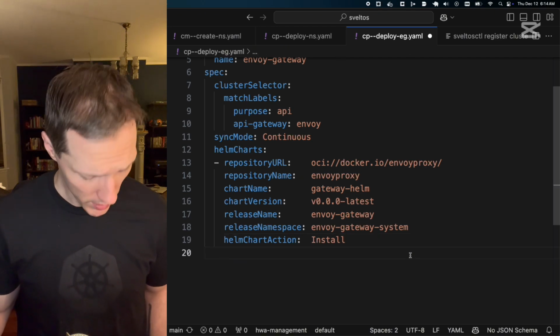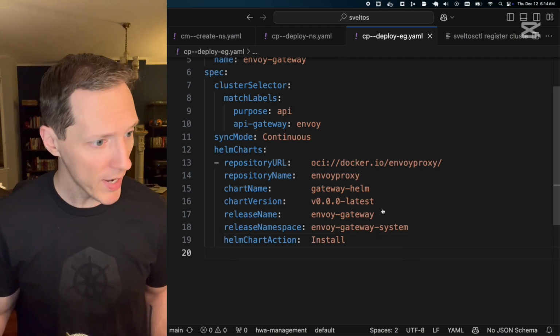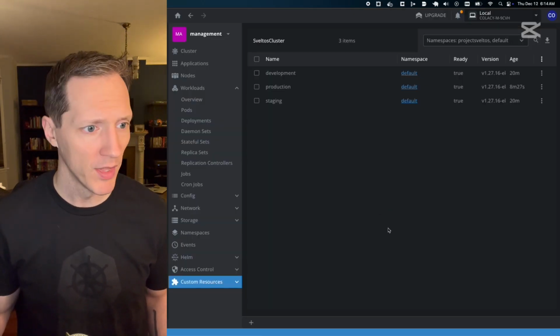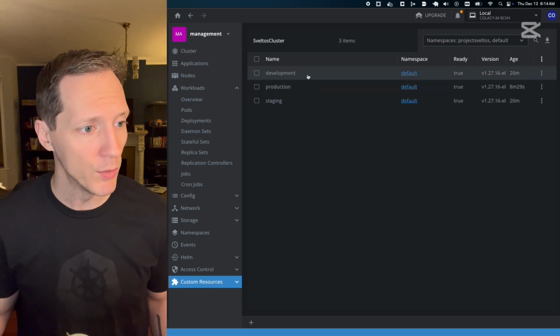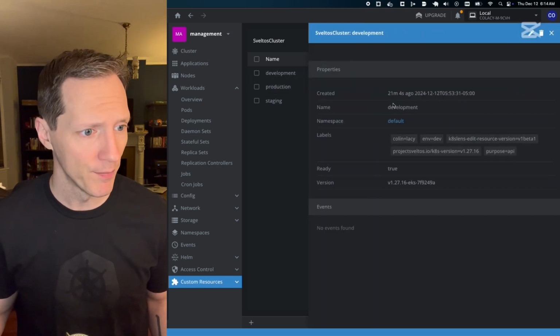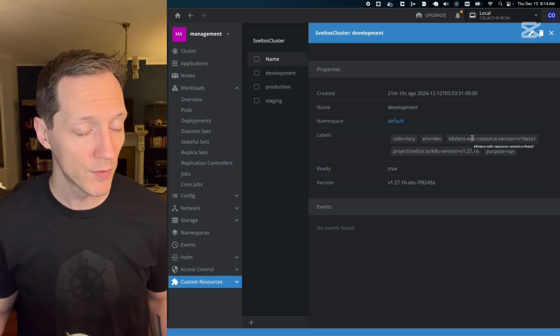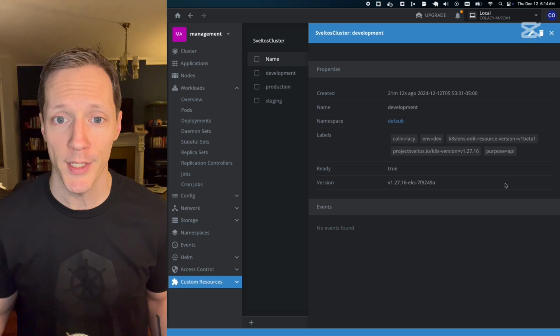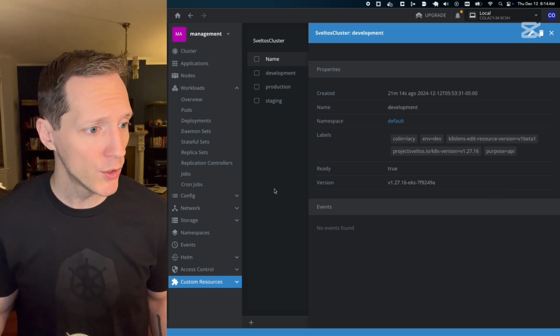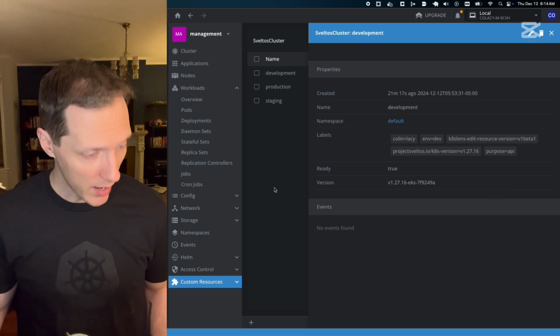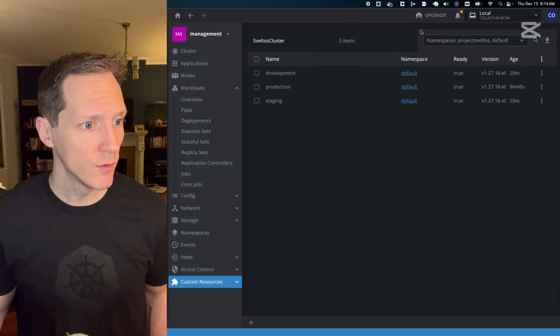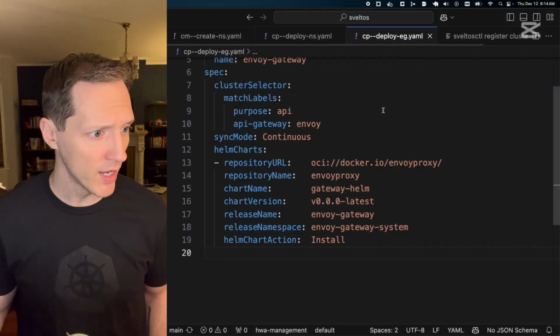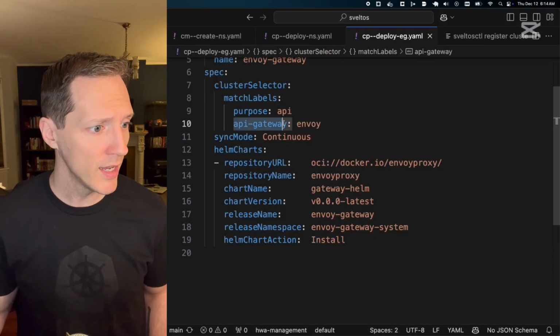So from here, I'm going to come back into Lens. I want to see something real quick. In Lens, if I look at the labels on each of my clusters, right? Colin Lacey, m equals dev. I've got some additional labels that Sveltos applied, and then purpose equals API. Well, I want to add a label. I want to add a label that says, what is it supposed to say? It's supposed to say API gateway